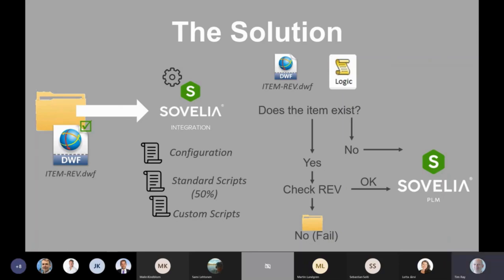So really good customer case there. We've solved it for the customer, that everything is now automated. They're now getting the DWF files into the system in the right place without having to go through any of the manual steps in creating any of the Navisworks files, opening it up, loading the Inventor stuff, creating the DWF, checking it in automatically. So user-wise there, we're saving a heck of a lot of time for every large DWF that needs to be